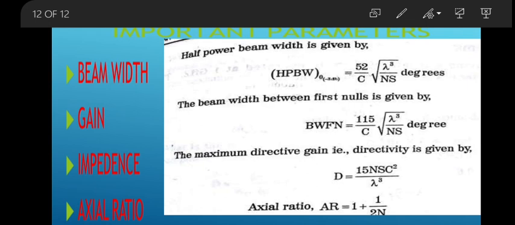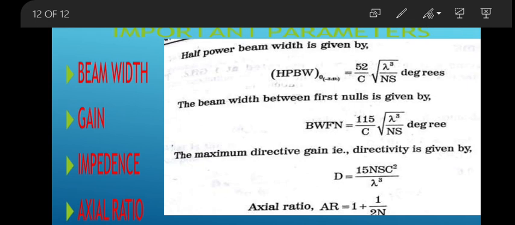What are the advantages of the helical antenna? It is easy to construct, a very simple design, and it gives the highest directivity and wider bandwidth. It can achieve circular polarization perfectly, and it can be used for HF, VHF and UHF bands for different applications. And what are the drawbacks? A few limitations will be there. Generally the antenna is very large, so it requires more space, and efficiency decreases with the number of turns. That is a small drawback of this helical antenna.